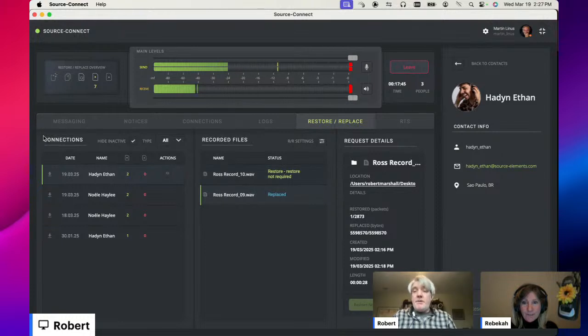For the talent, they don't need to do anything. The talent just launches it, brings their voice, and once the sessions are done and you know that the other side has everything they want, the talent can go into